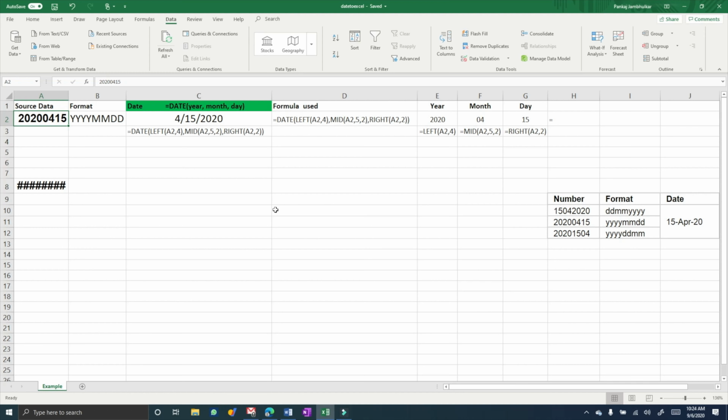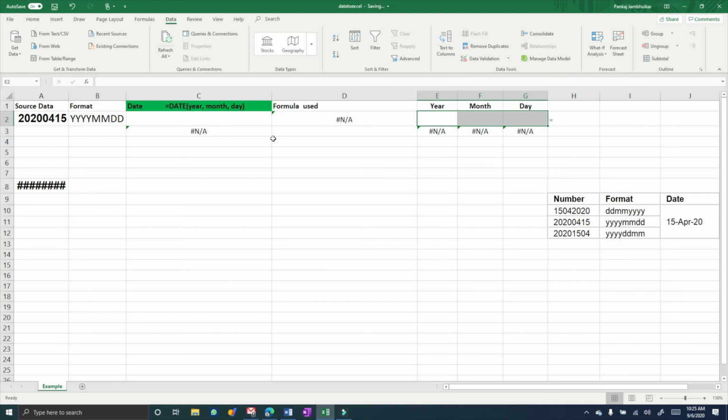Okay, so let's start. For the demonstration, this is my example, and I want to convert it into a date format. This is the format, and I'm going to convert it into month, then day, and then year. So let me remove this. Okay, I removed everything. Again, I'm going to remove this.